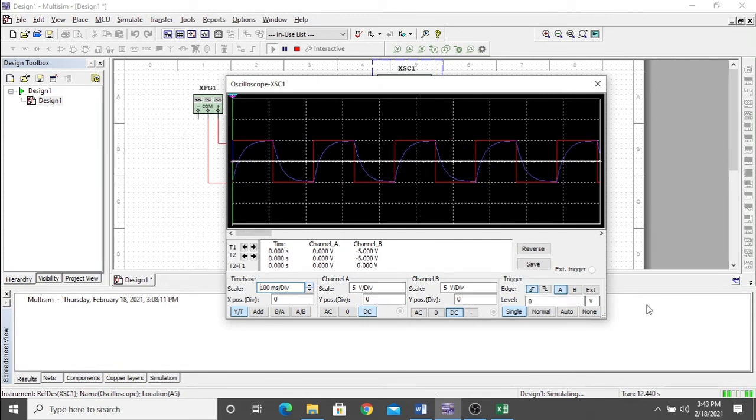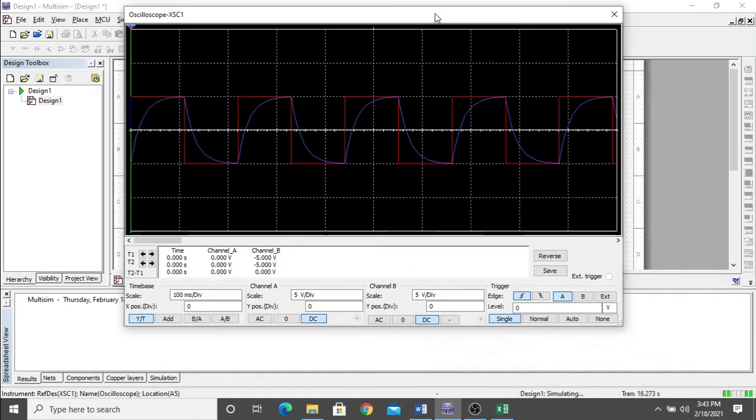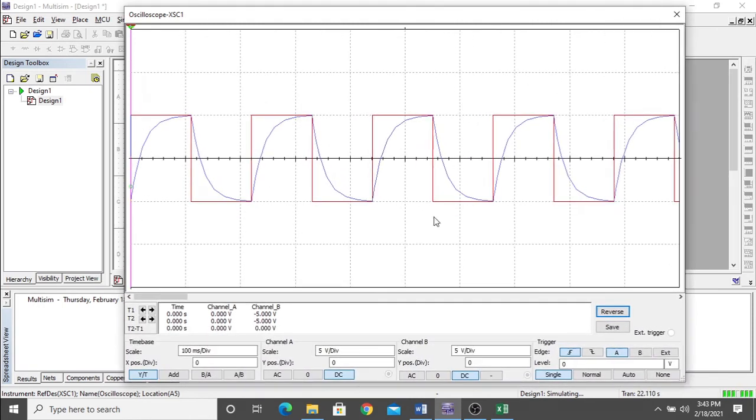So as you can see, I think I should reverse it. So now you can see easily. Yeah. So as you can see, at 5 time constants, the capacitor is completely charged and completely discharged. So here is the basic formula, and you can calculate it by yourself.